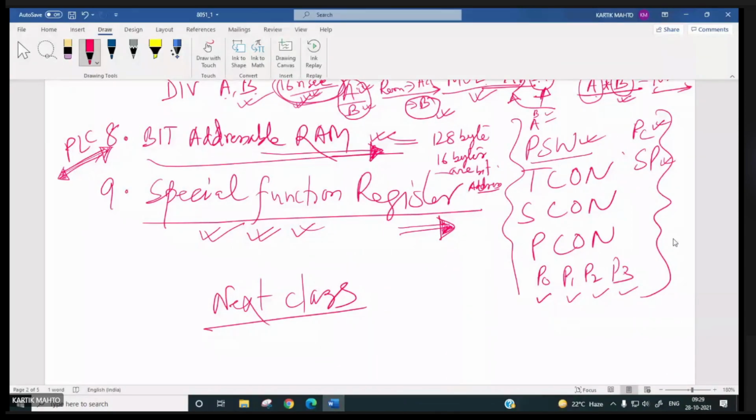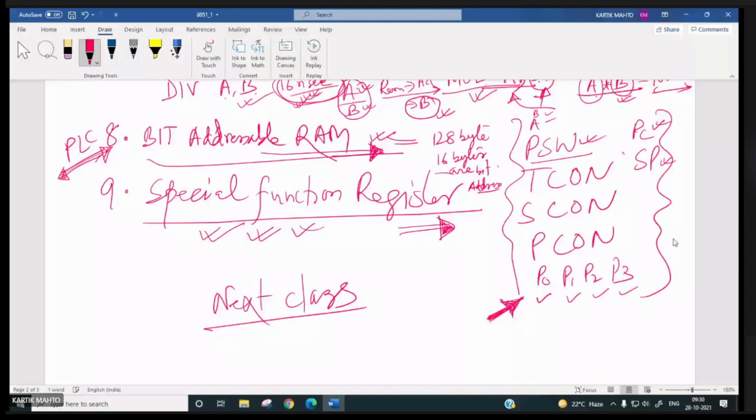In order to operate these special function registers, you have to program them properly, so that you can use their features for processing the data and controlling the process.